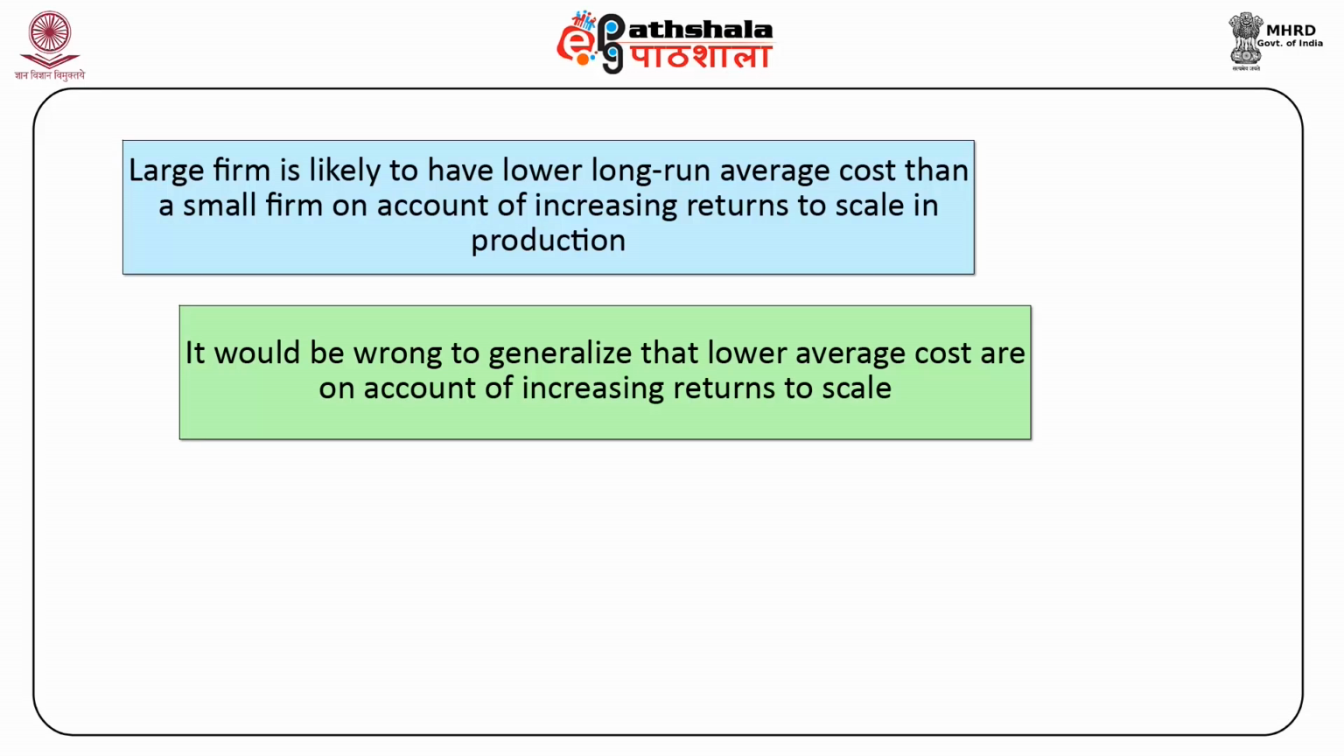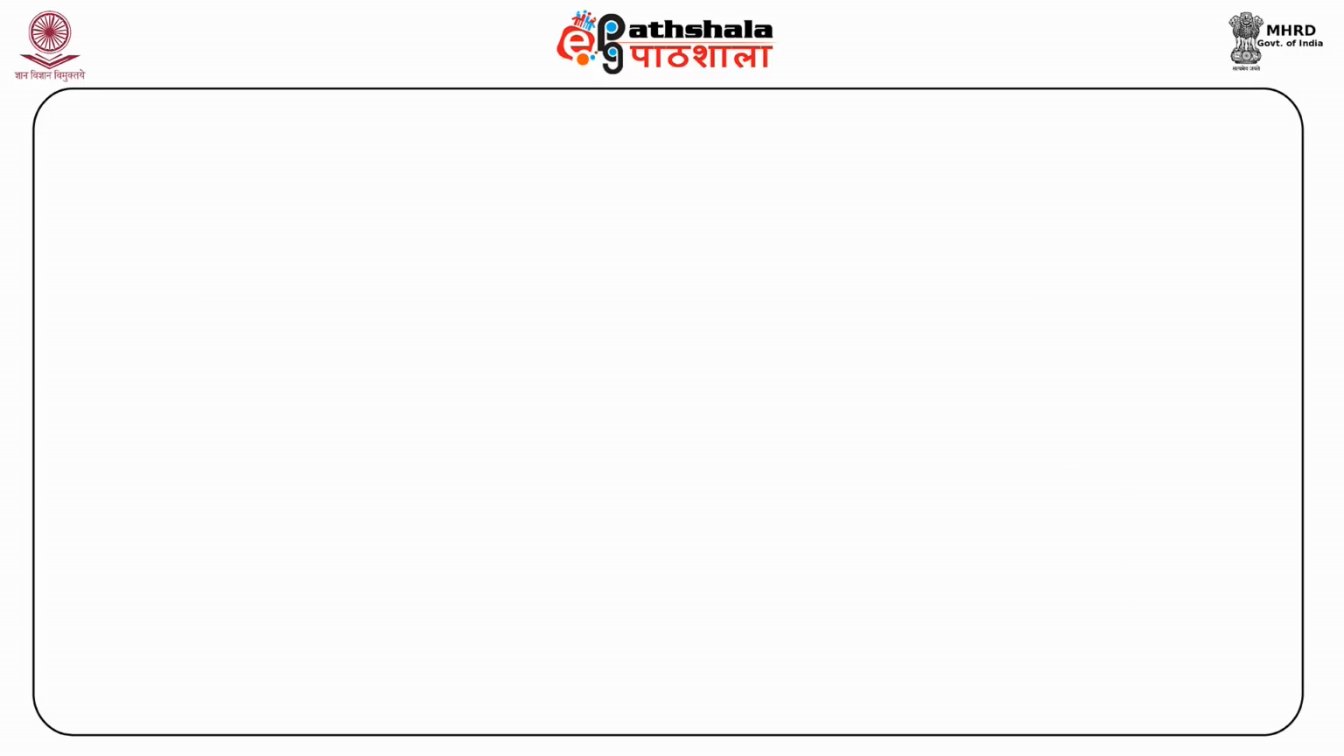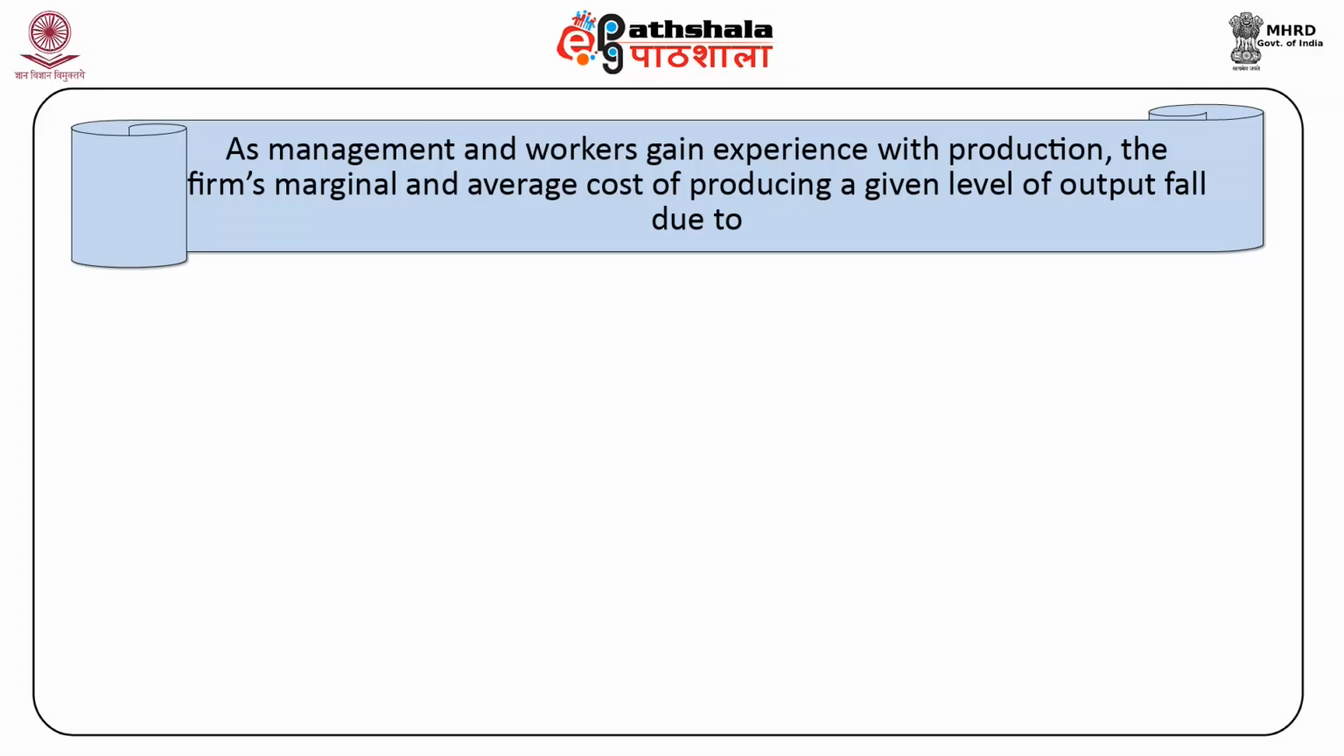Empirical findings reveal that in some firms, the long run average cost declines over time because workers, managers, and entrepreneurs easily absorb the latest technological information and thus become more experienced. According to Pindyck and Rubinfeld, as management and workers gain experience with production, the firm's marginal and average cost of producing a given level of output falls due to: